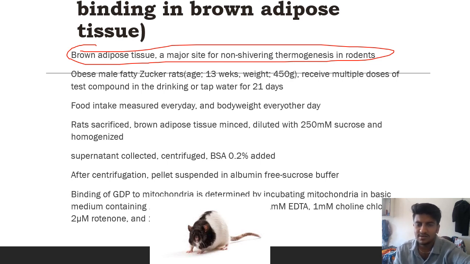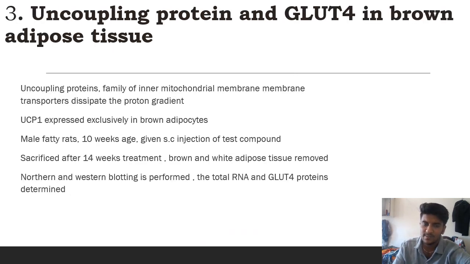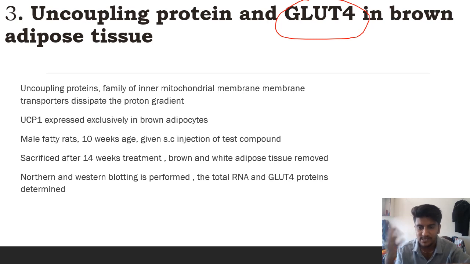So there is GDP, mitochondrial distress, endoplasmic reticulum distress occurring. Then we have uncoupling protein and GLUT4 receptors. So there are different transporters, like SGLT transporters, GLUT transporters, GLP peptides, these are all transporters. These are uncoupling membranes, and the transporters dissipate the proton gradient. So based on that proton gradient, we perform different expression techniques like Western blotting, Northern blotting, and all to determine